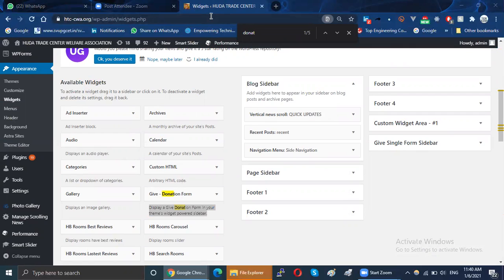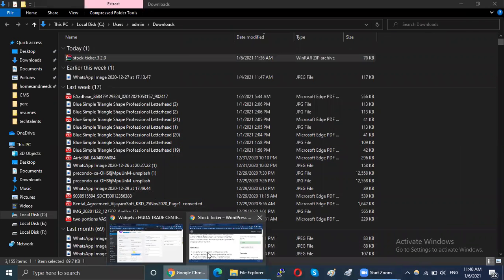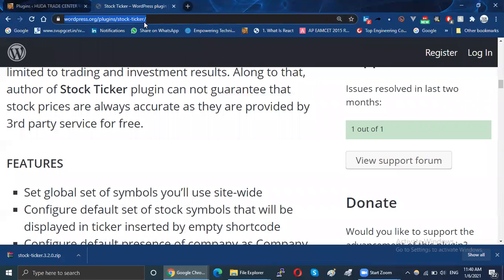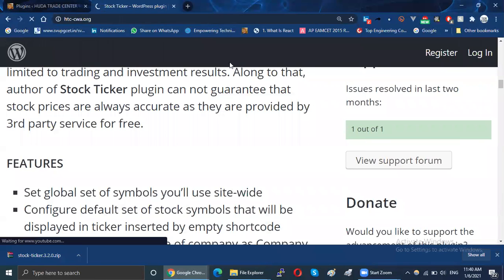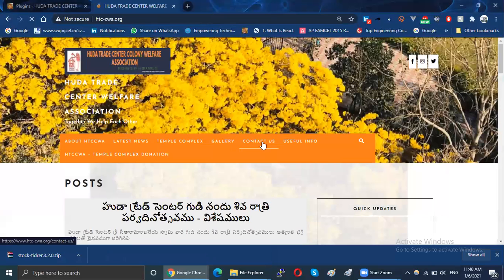You can see here in my website there is a donation widget. You can see there is a give donations link, the donation link. If you click on the temple complex donation link,